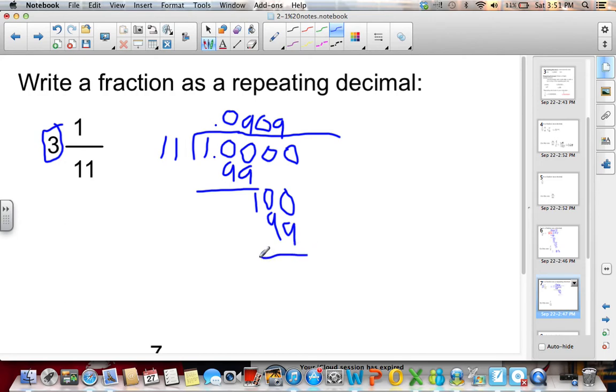Okay, so what I do is I tell myself, well, it looks like it's going to be going 0.09090909. So now I know that 1/11th is 0.09 repeating. But we still have this 3, so that tells us that there's 3 wholes and 1/11th. So the way that I would write this would be 3.09